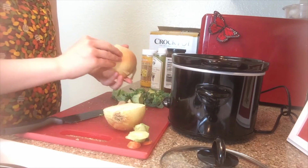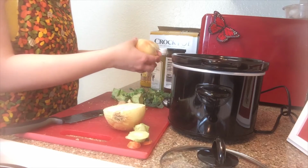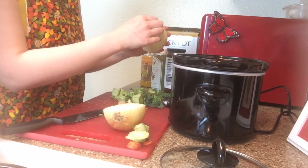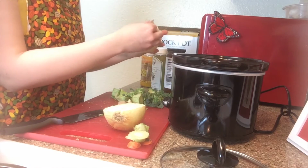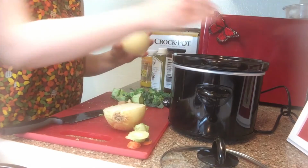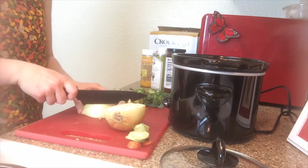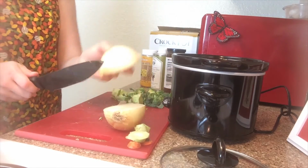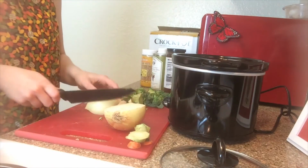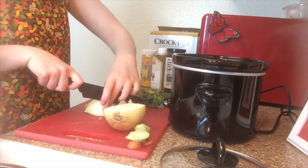Let's go ahead and take the skin off this onion here. And like I said, I'm just going to slice this bad boy up so that way I have a little bit more control over how much stuff I'm putting in here. And by slicing, since I've cut them in half, I'm just going to go boop, boop, boop, boop, boop. Obviously not on my thumb, but...